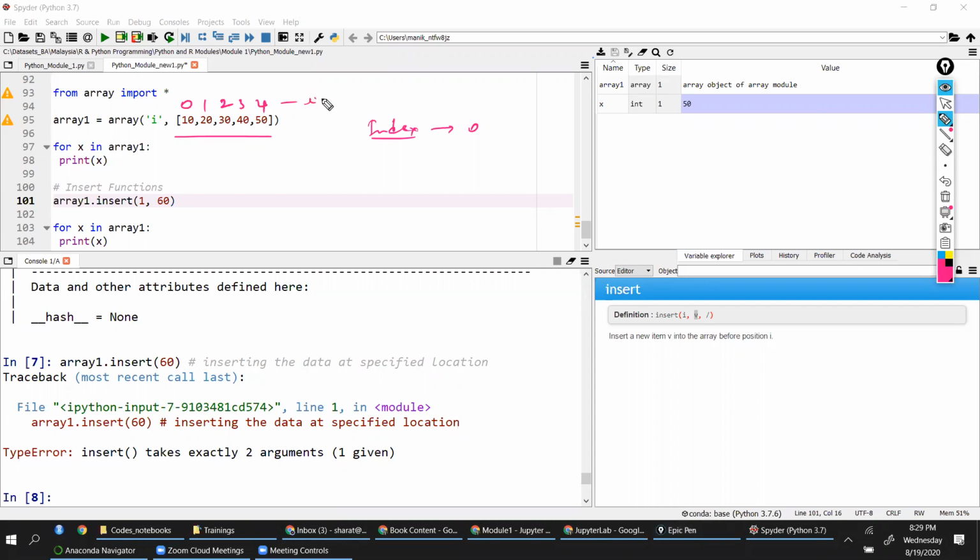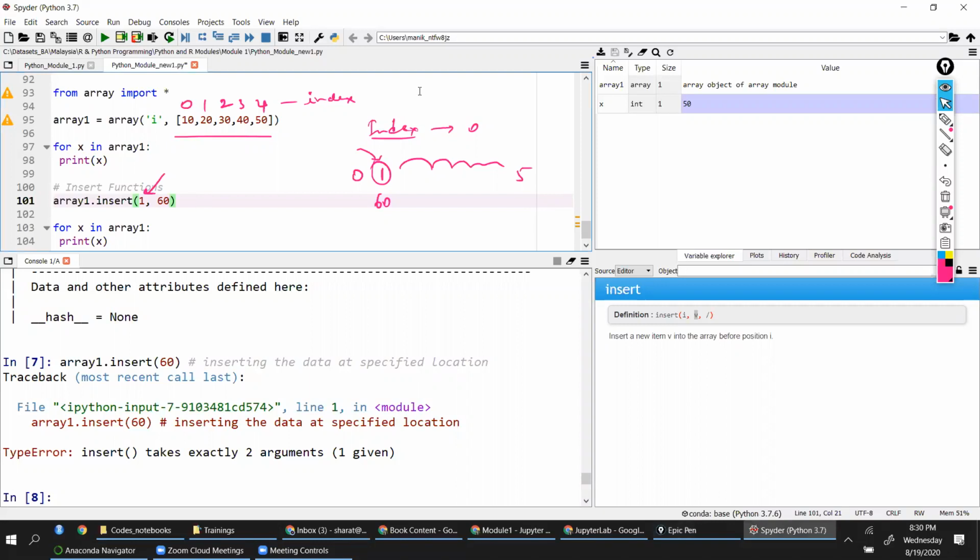This is your index, right? So when you have this and you're mentioning 1, then you're specifying that I have 0 fine, but at this index position I want to have 60. So what is happening to the rest of the values? They are getting incremented. So you'll get index 5. You're adding one thing in between, right?